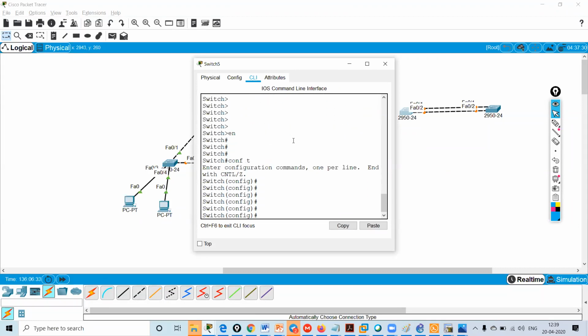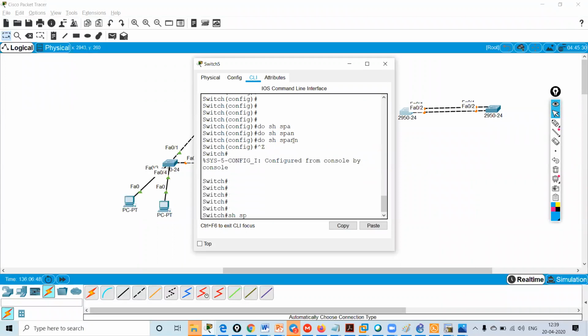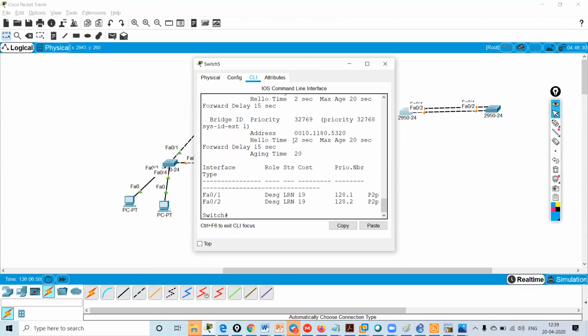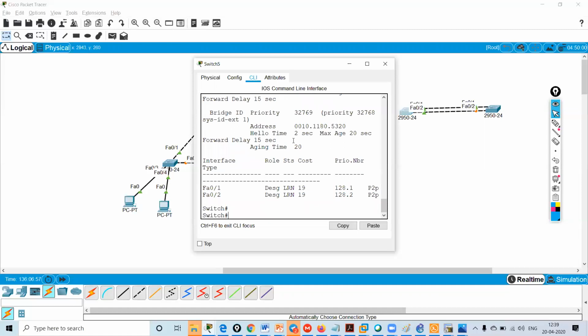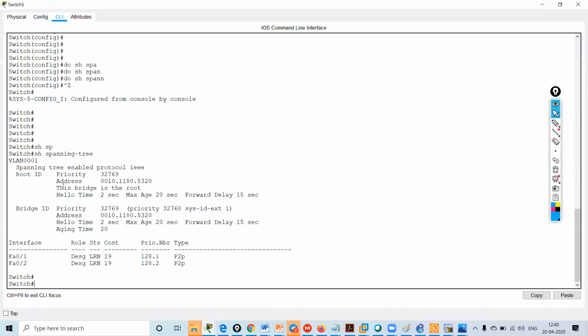Config terminal, do show spanning tree. This bridge is the root bridge.